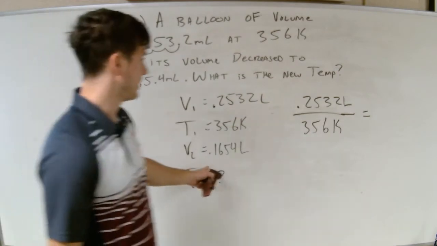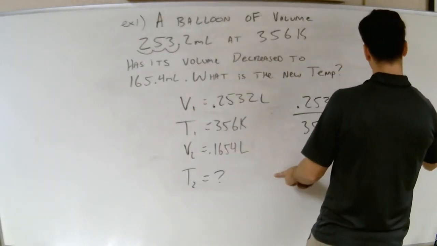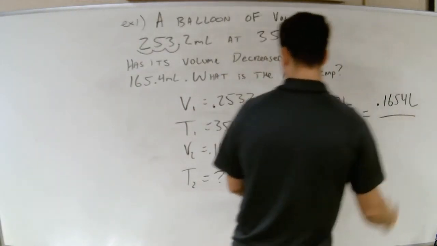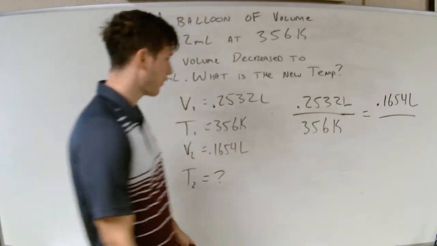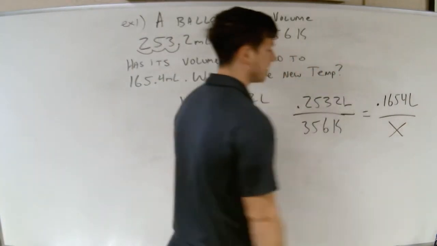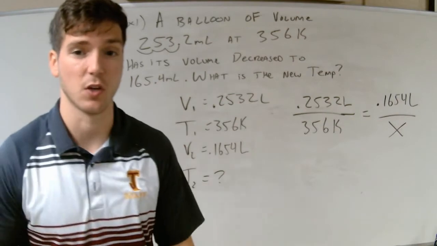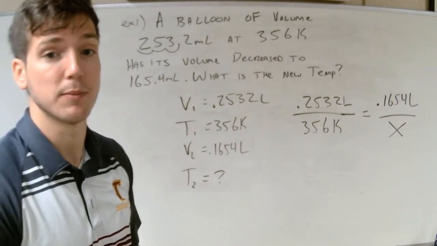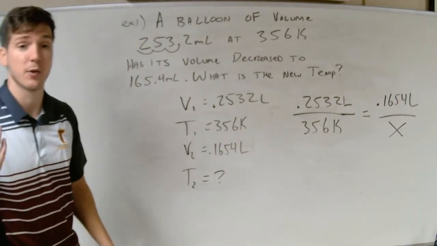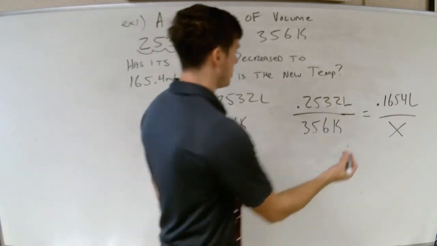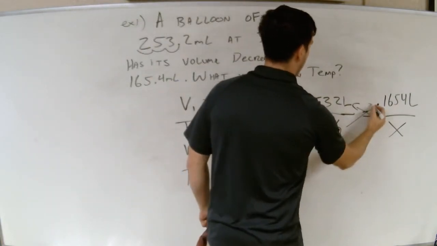V2 is going to be 0.1654 liters. And T2 is what we are looking for, which we can put as X. And now it just becomes a nice little multiplication problem. Let's go ahead and cross multiply in order to get things all on the same page. So cross multiply, I got